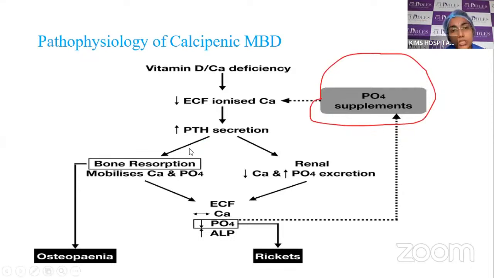Now we'll see the pathophysiology of the calcipenic metabolic bone disease. So when vitamin D or calcium deficiency occurs, it decreases the ionized calcium levels. Decreased ionized calcium levels will activate the parathyroid hormone secretion. Increased PTH will cause bone resorption and mobilize the calcium and phosphorus from the bone, leading to osteopenia. And by this mobilization, the calcium will be reabsorbed. So the calcium level can be low, normal, or decreased also, but most of the time it will be normal